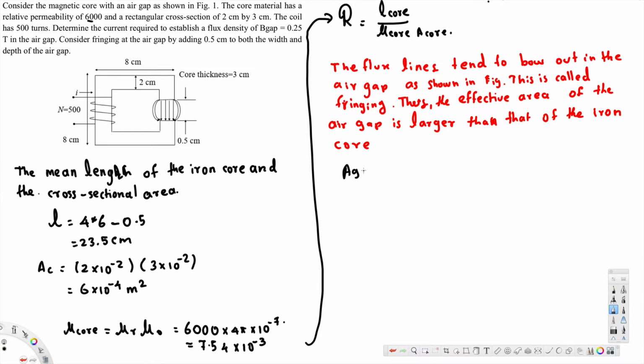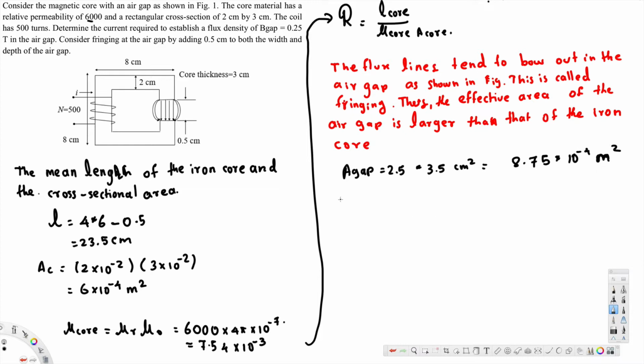So that gives us A gap is equal to 2.5 times 3.5 centimeter squared. We just add 0.5 centimeter to both sides. 2 centimeter, we add 0.5 to that, 3, we add 0.5 to that, and that gives us 8.75 times 10 to the power of minus 4 meter square, because if it's 10 to the power of minus 4, it means we convert this from centimeter square to meter square. Okay,